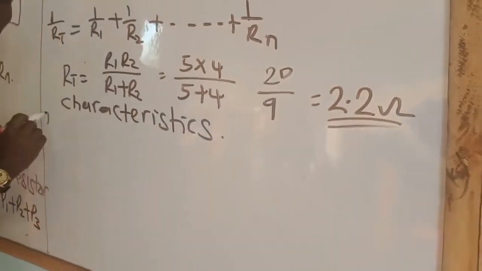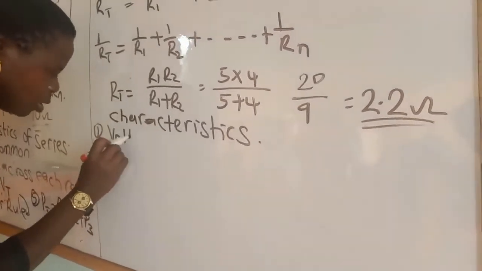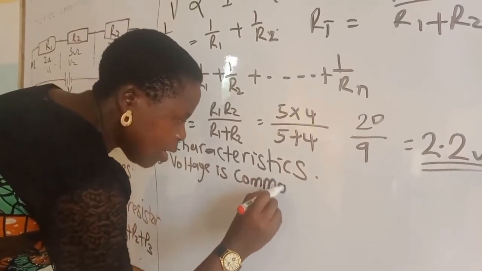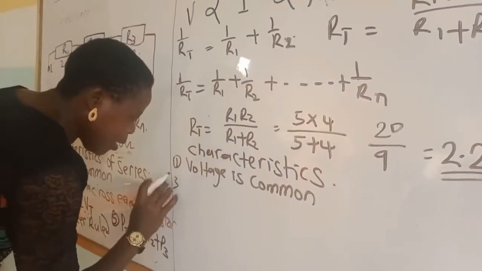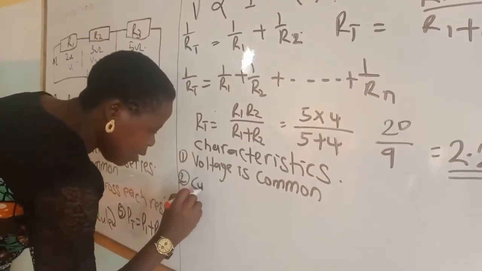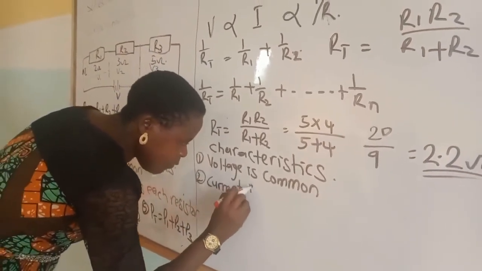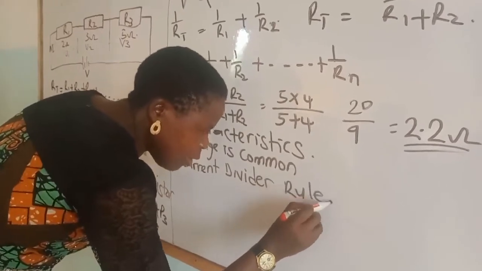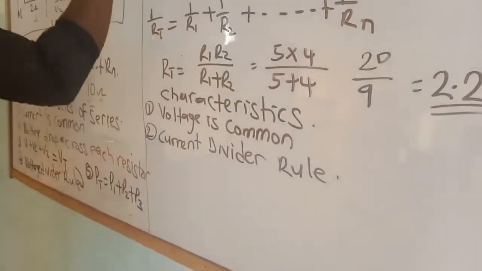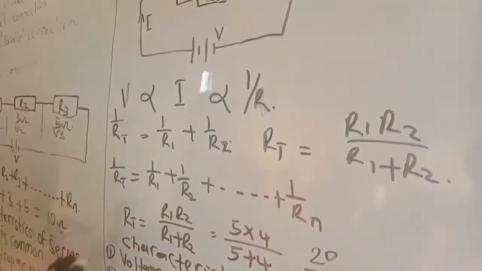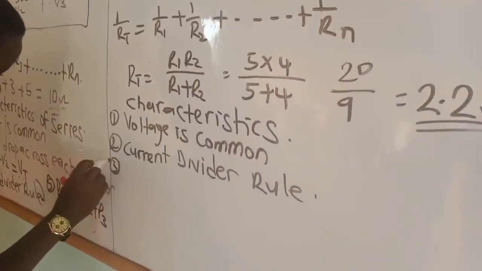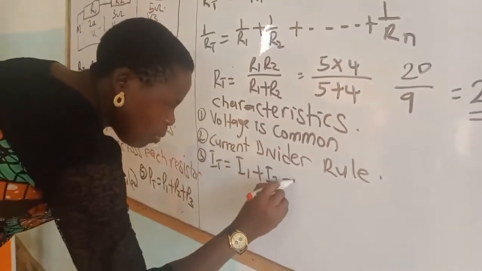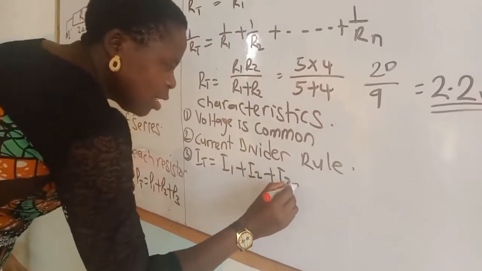is we have 1, the voltage is common. So here, current divider rule is applicable. Current divider rule is what we use. Then 3, current divider rule that we use shows that you have each current, the IT will be equal to I1 plus I2 plus I3, that is till